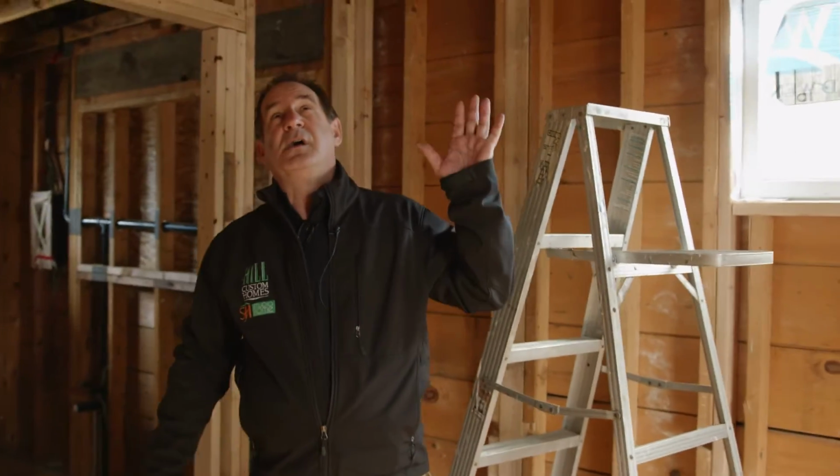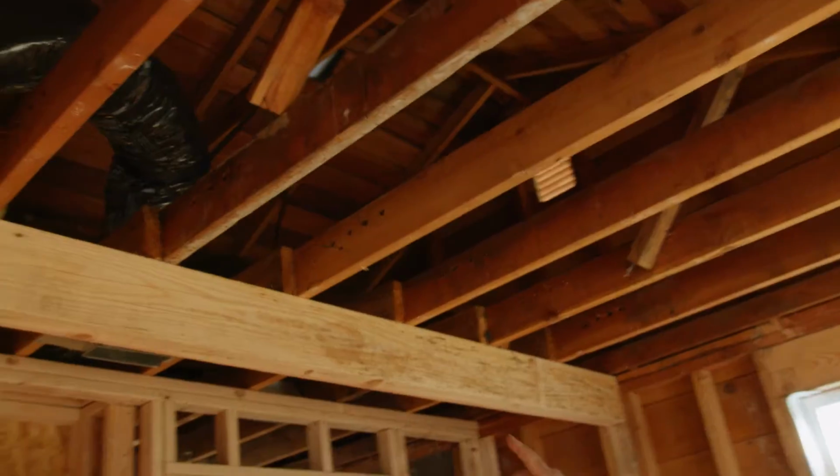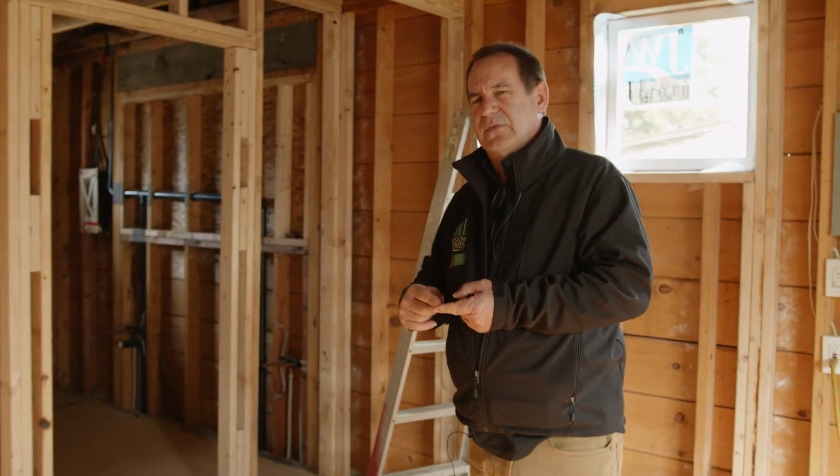Today we're going to do some remodel work up in the ceiling to support the roof trusses. There's some things that we don't like up there. We're going to take care of those. If you take a look, you can see some ducts up in the ceiling up here now in the last week. So we're on that point of the last few steps before we'll now get into the next step after those